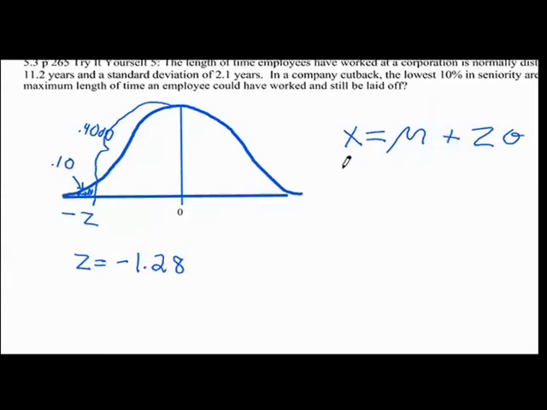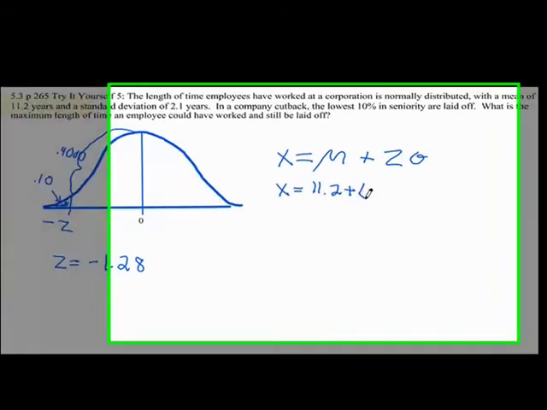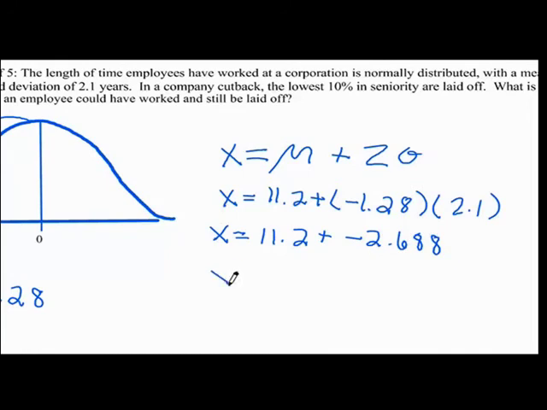And so we're going to plug our values in here. The mean they gave us was 11.2. The z that we found was negative 1.28. We're going to multiply that by the standard deviation of 2.1, and when we get that product, add it to the 11.2. So that product is going to be negative 2.688. Combine those, and that'll leave us with